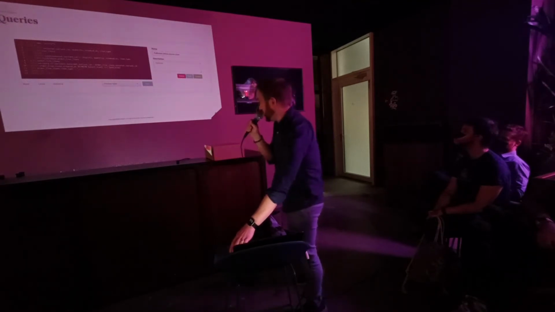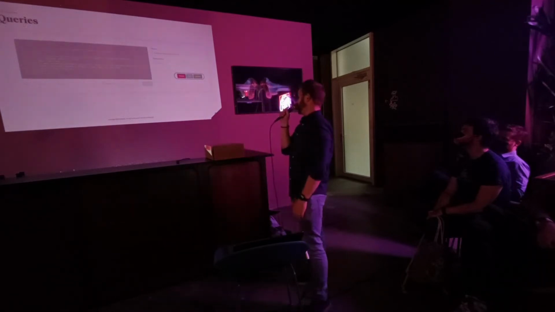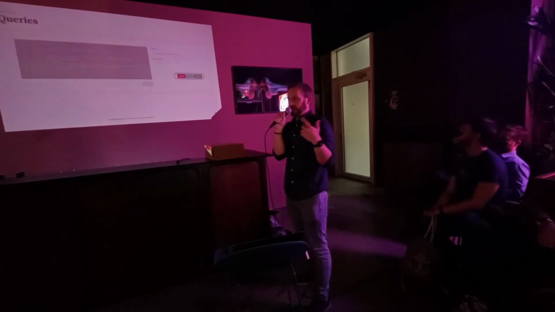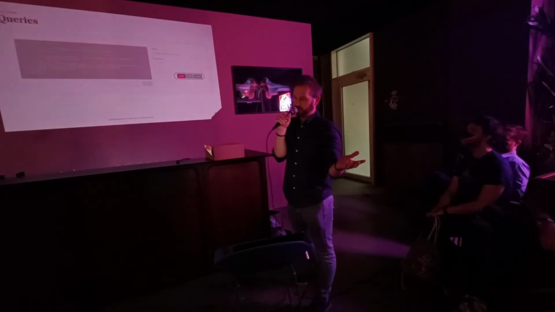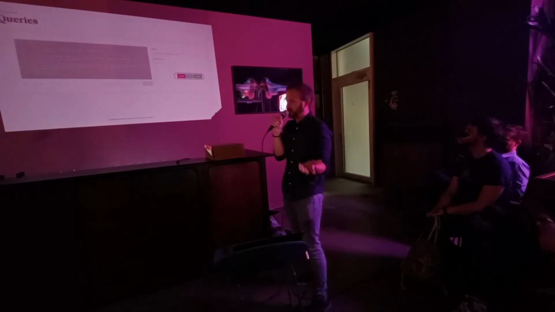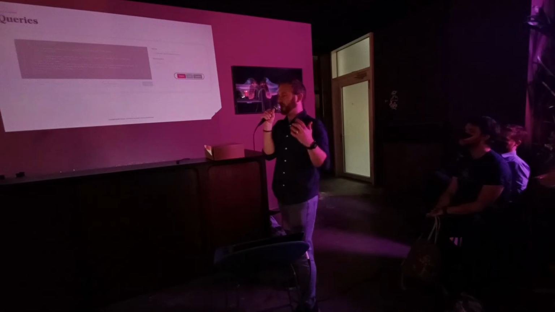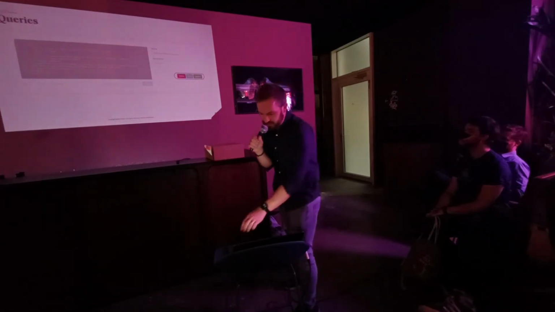So this is what a query would look like in Blazor, and you can see that over on the right hand side it has some controls. You can update a query and delete them, but also what's nice with Blazor is that you can fork a query. What that means is when you have a query that you want to build on, but you don't want to alter the one that's there already, you can fork it and start to build a brand new query that's based on the one that you just used. It's quite useful in that process and can really help you generate different types of queries and change them slightly to get different views on the same data.